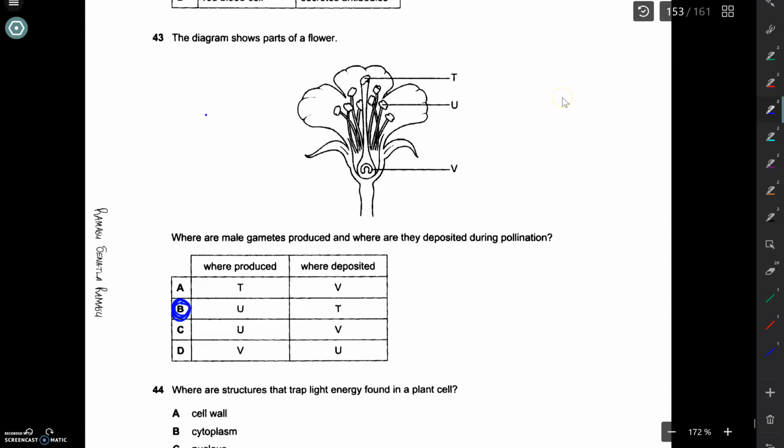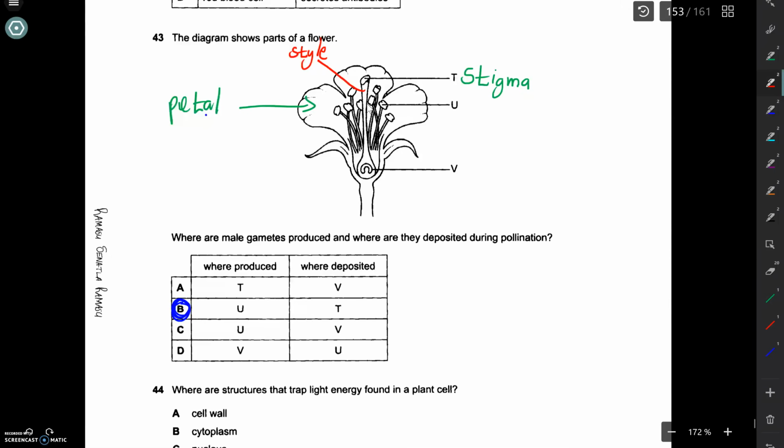Let's try to label these parts here. This part here is the petal, right? T here is the stigma. T is the stigma, and this rod-like thing that is holding up the stigma. This thing here is called a style,